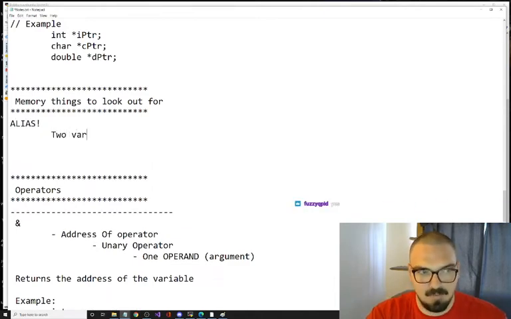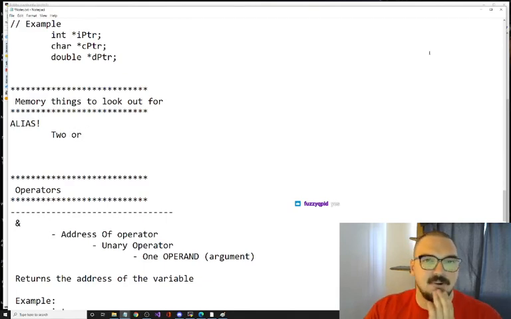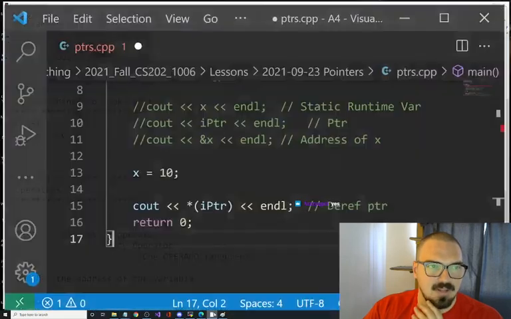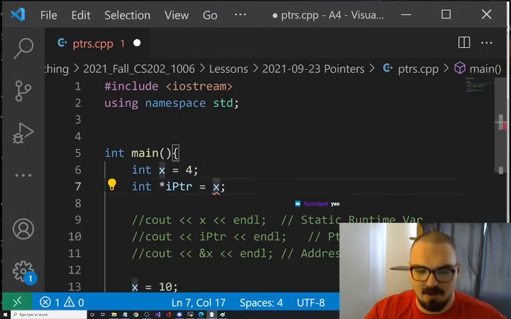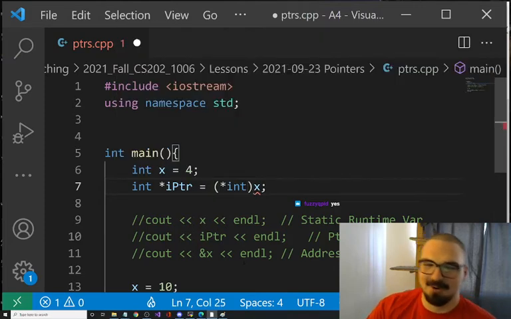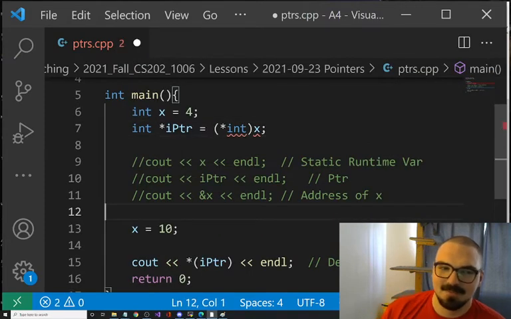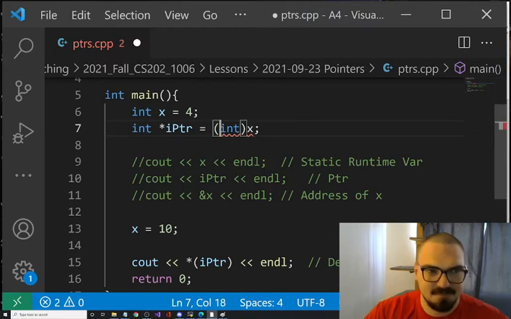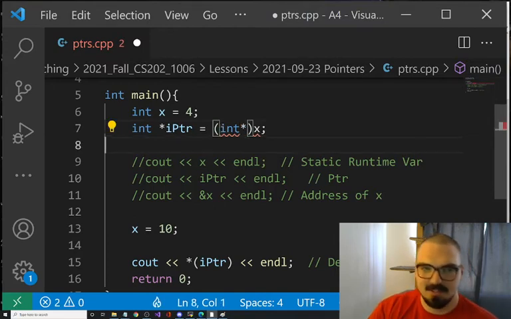Two or more variables. Well, lucky for you, the compiler won't let you do that. But if you could somehow convert this, let's say, to an int pointer, yes. I put that on the wrong side. Let's see if that works.